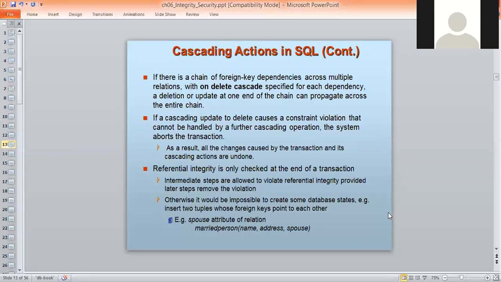So if there is a series of such references, and the delete cascade operations cannot resolve the constraint violation, then the transaction will be stopped.